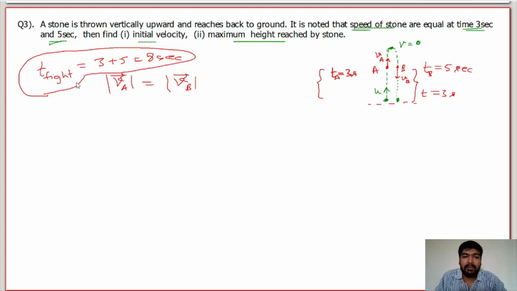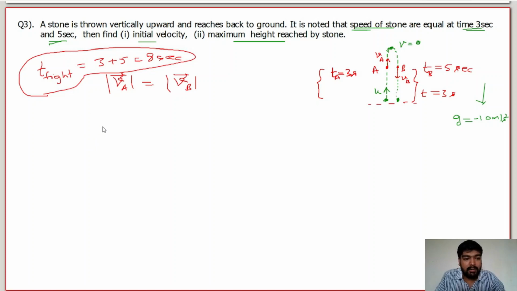That means we know the time of flight and we have to find the initial velocity, just like before. And here also I consider g as minus 10. One more thing, if the value of g is not given in the question, you have to take 9.81. I am considering 10 here for the simplicity of the calculation, but you have to take 9.8 in the numericals if it comes and no acceleration is given.